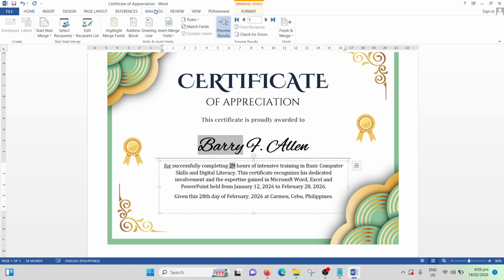When you go back to mailings, there is a record reference here. So when you go to the next record, it will automatically change, and also the number of hours and the gender reference, this one.